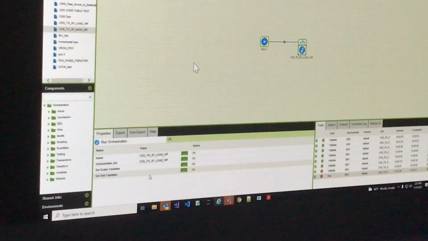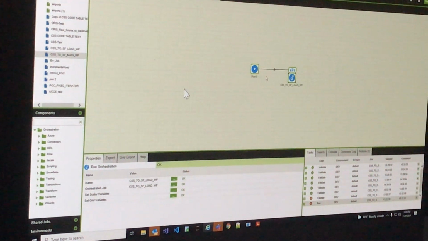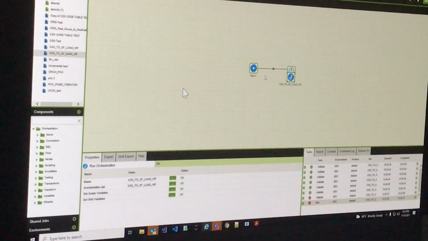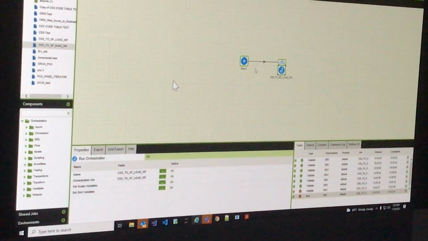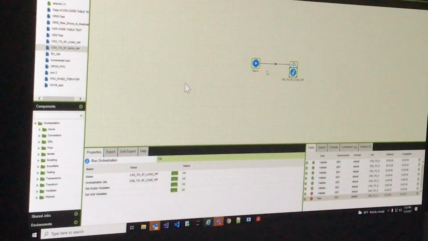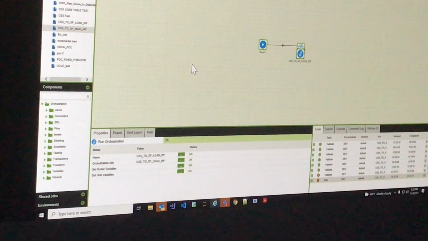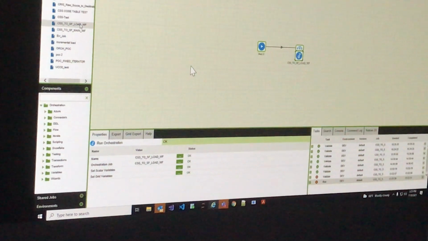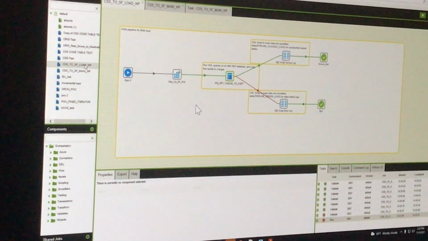No big deal. What I wanted to do: you can put a table iterator on one component in a single pipeline, but I wanted to put a table iterator on an entire pipeline. So first you created the CSS to Snowflake load WF orchestration job, and after that you created what you are showing now. Yes, first this, and after that that.